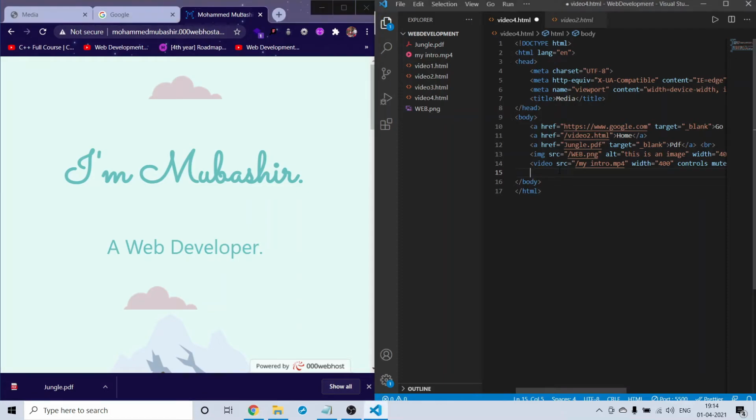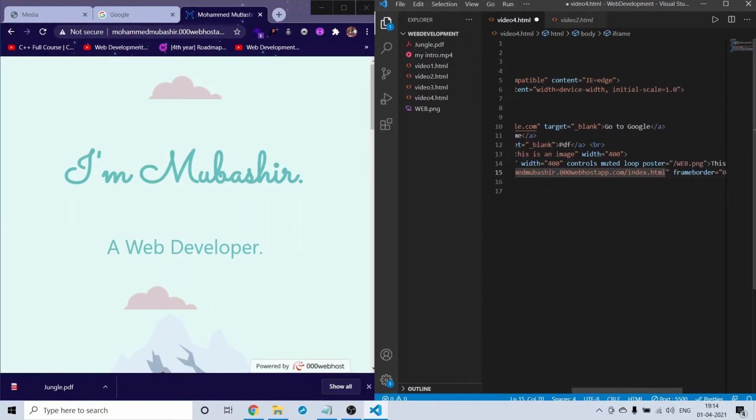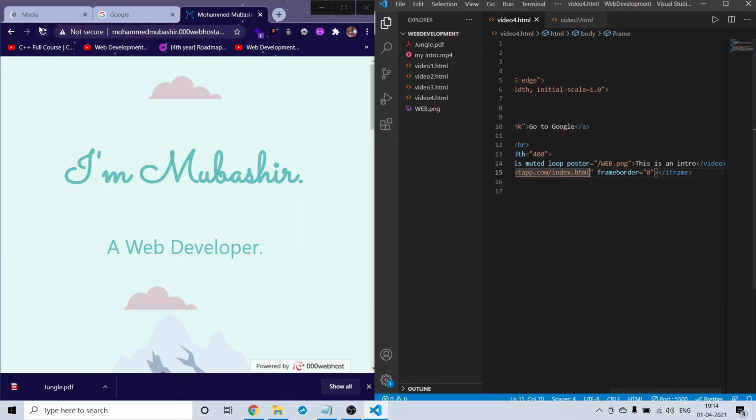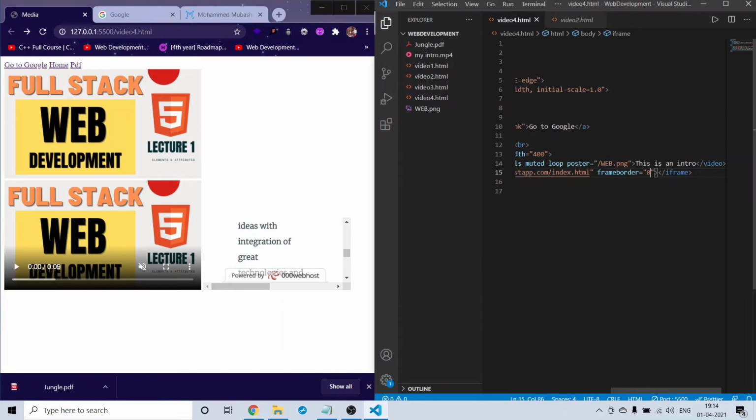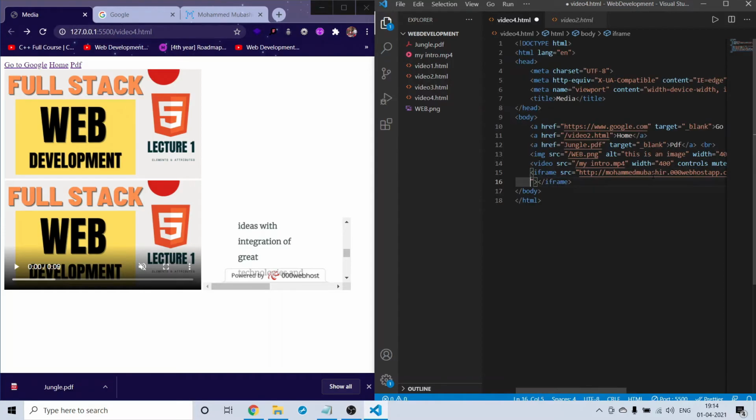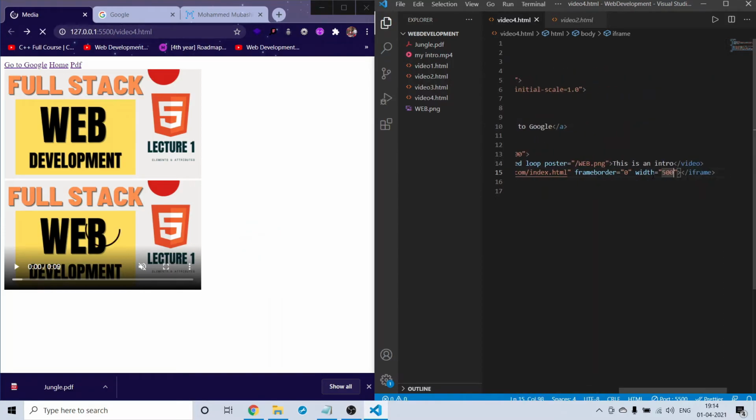So what I can do is, I can use an iframe tag, and in the source I will give the link, and this is nothing but the frame border. This will give a border to our website. And when I save this, check this out, I got my website here. This is my website. And if you want, you can change the width of this. For example, width, I'll give 500, save. Here I will give a br tag.